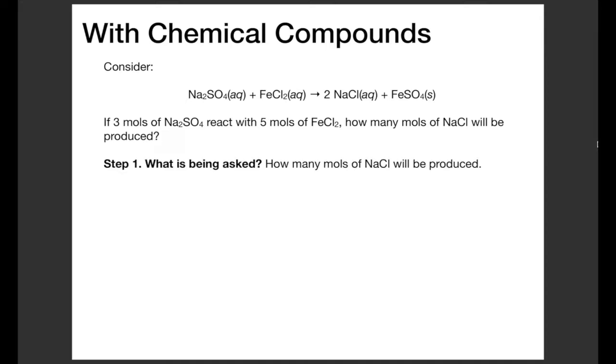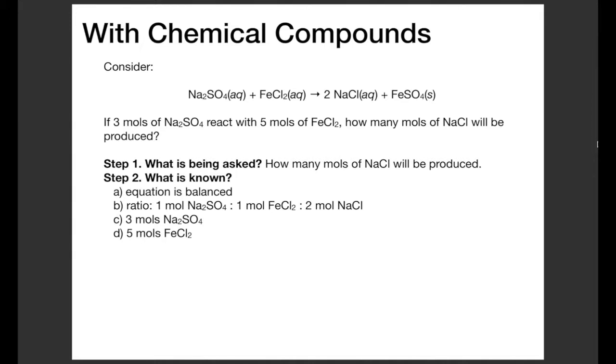In our problem-solving strategy, step 1 is what is being asked. What's being asked is how many moles of sodium chloride will be produced. What we know is that, 1, the equation is balanced. If you go through, you find that you have the same number and types of atoms on the reactant side as you have on the product side. We have a stoichiometric ratio of 1 mole of sodium sulfate to 1 mole of iron 2 chloride to 2